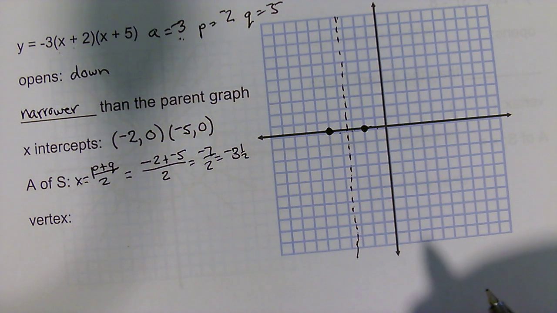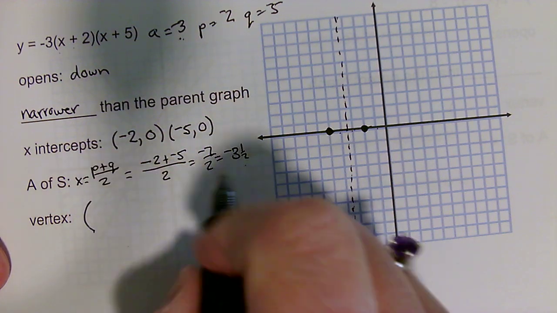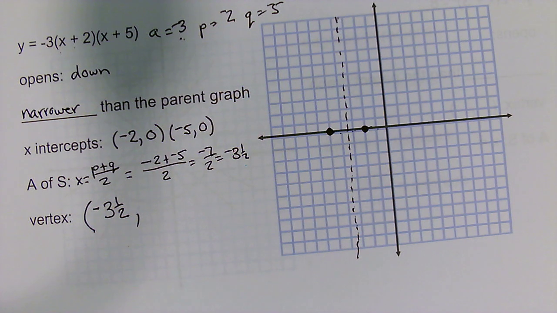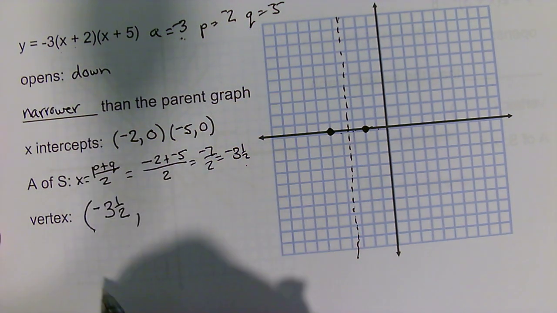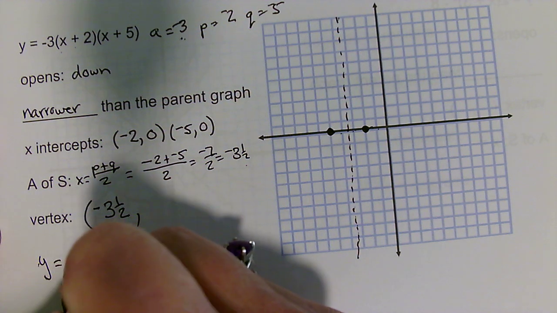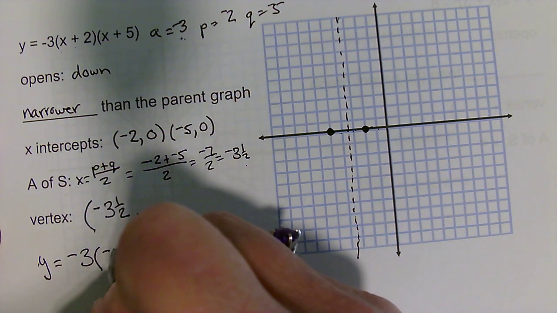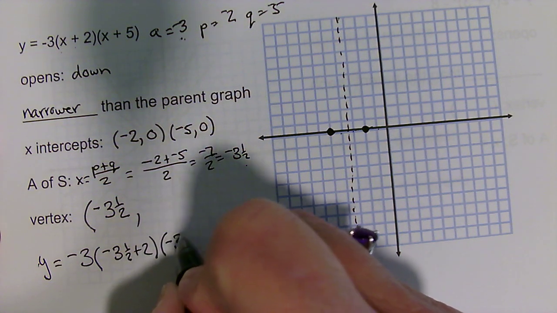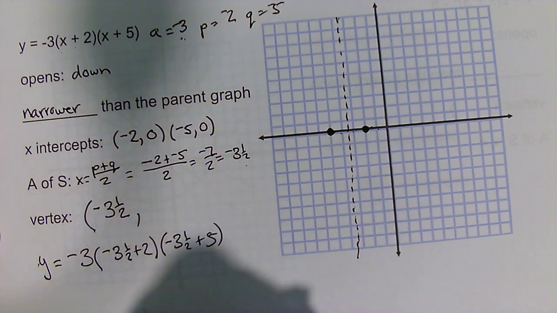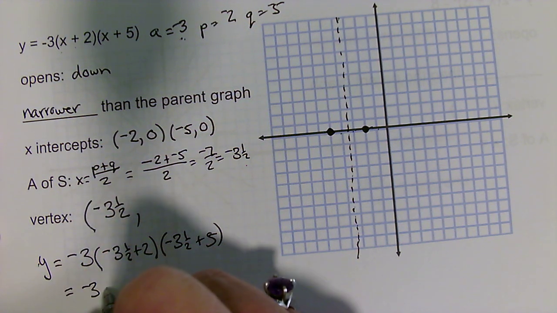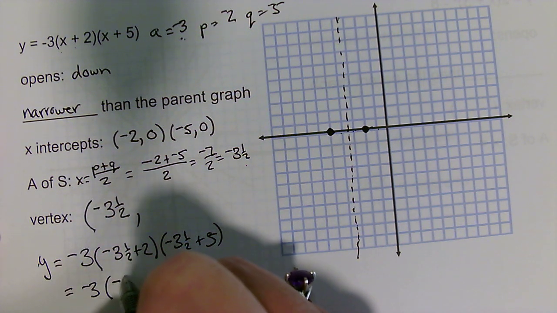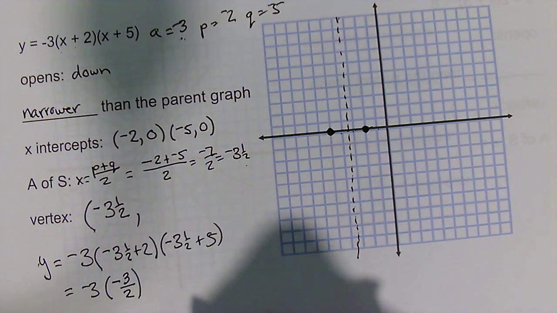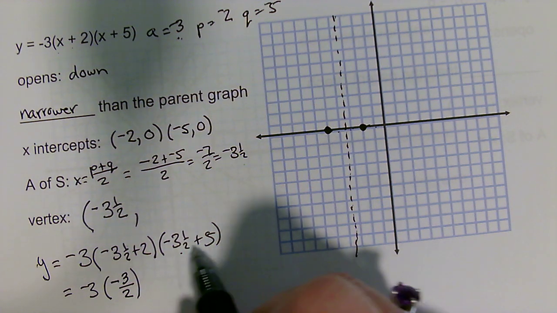Now I need to find the vertex. Well, the axis of symmetry is the same x-coordinate, -3 1/2. And then we need to plug it into the original equation. So we have y equals -3 times -3 1/2 squared plus 2 times -3 1/2 plus 5. So that's -3 times... and I'm going to change these into improper fractions because I have to do that in order to multiply. And then -3 1/2 plus